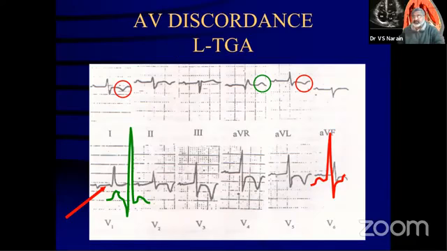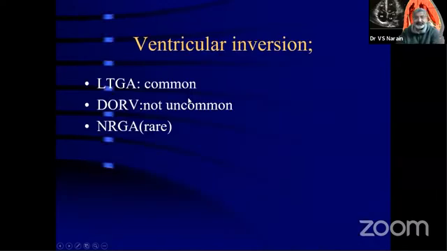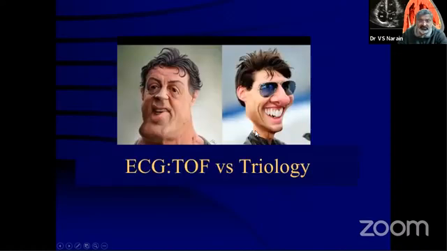That means the right ventricle is on the left and the left ventricle is on the right. The connections are generally RA to LV and LA to right ventricle. So ventricular inversion you can get on the ECG: absence of Q on the left side, presence of Q on the right side, T wave upright in AVR, inverted in lead 1 and AVL. L-transposition is the commonest cause of ventricular inversion, but even normally related great vessels can have isolated ventricular inversion, but basically just think of L-transposition of great arteries.